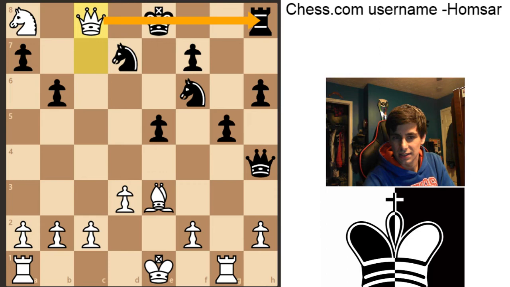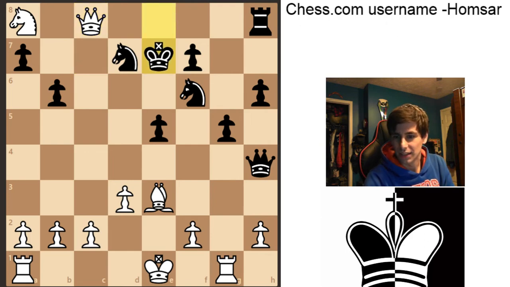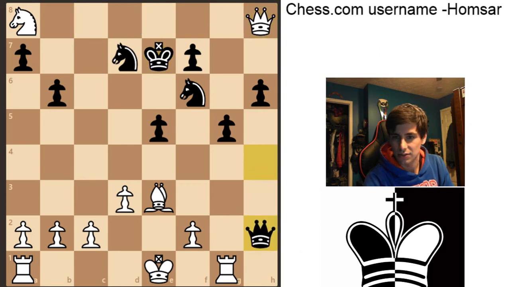Okay, and yeah, king to e7 is better, because if king to e8, then queen c8 and the king gets swept. Yeah, when I was first learning to play chess and when I was new, this type of thing used to happen to me all the time. But then I finally learned, and now I don't do this so much anymore. Yeah, king e7,